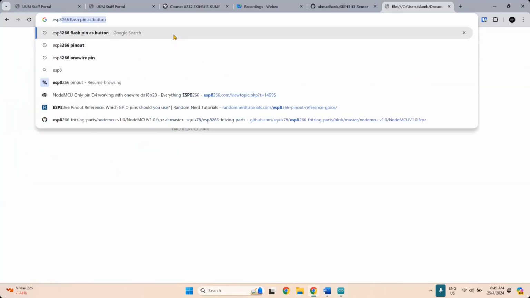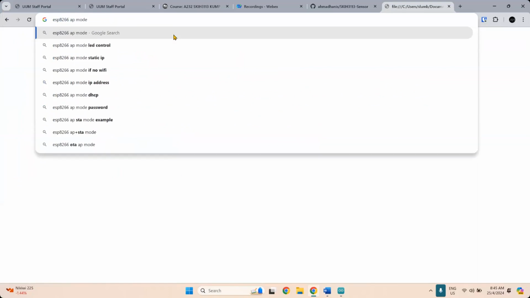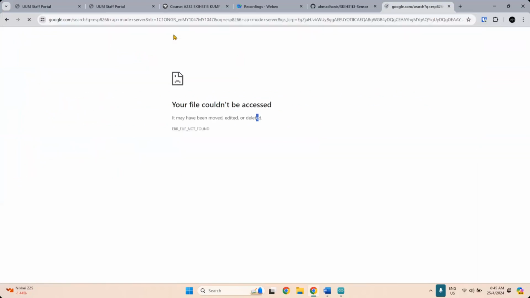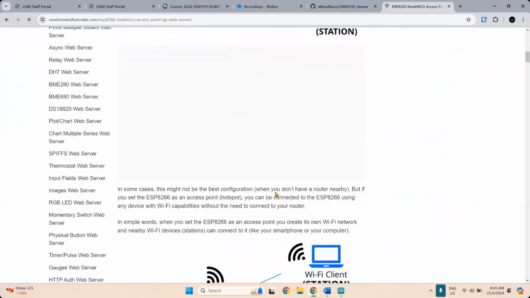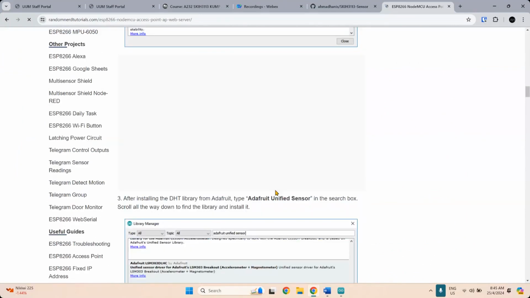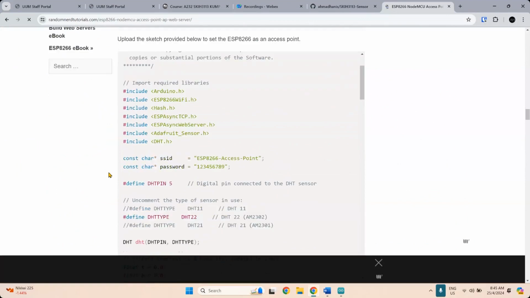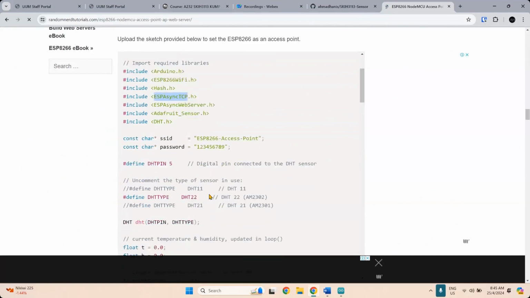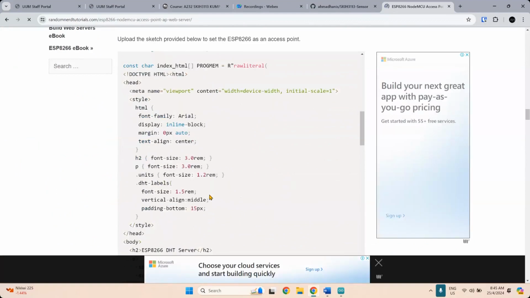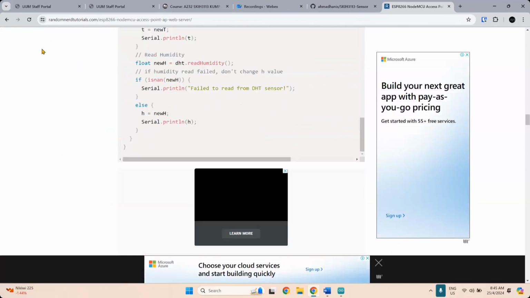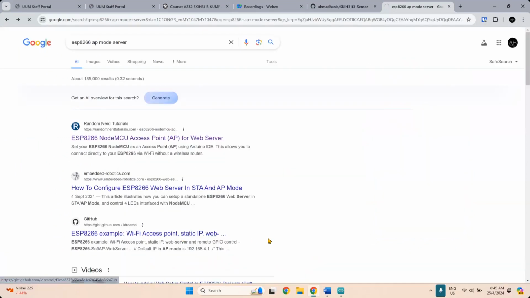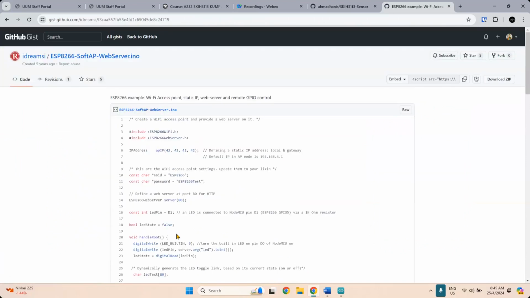We try to use ESP8266 AP mode server. How can they use a different library now? They use ESPAsyncWebServer. So they've changed to a different library. The one that I use, I'm not quite sure if it still works or not. It's supposed to work, but...